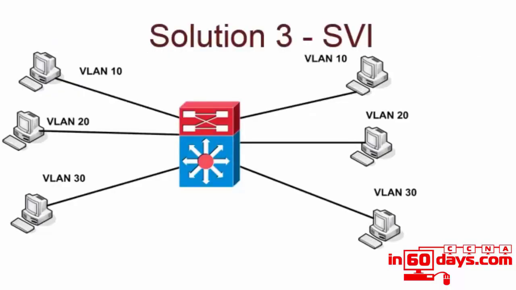And finally, the preferred solution is to use switch virtual interfaces, which for InterVLAN routing, you're going to need a multi-layer switch. You can create switch virtual interfaces on your layer 2 switch if it's a 2960, but you can't actually do InterVLAN routing on it. So whether or not they'll ask you to configure a multi-layer switch in the exam, I don't really know, because what they say is the model tested is the 2960, which isn't a multi-layer switch, but they're asking about InterVLAN routing. So it's worth knowing this, and if you could get your hands on Packet Tracer, you can easily practice this lab. So we've got 3 VLANs,